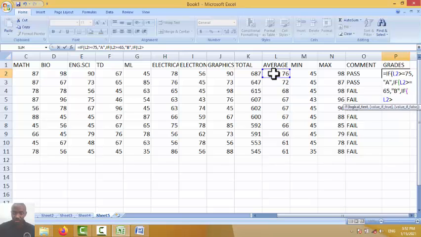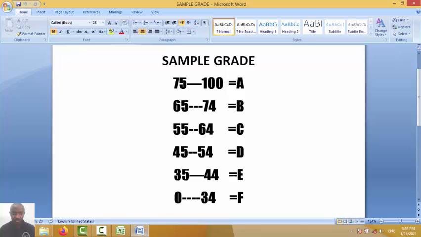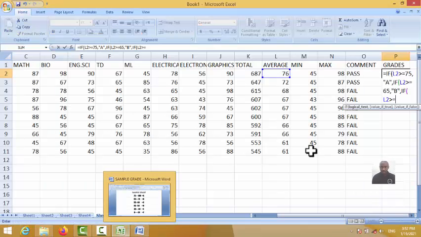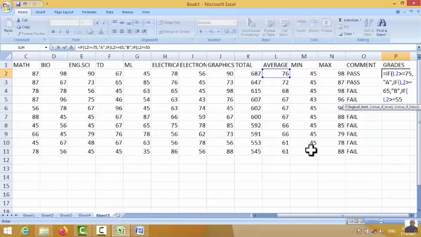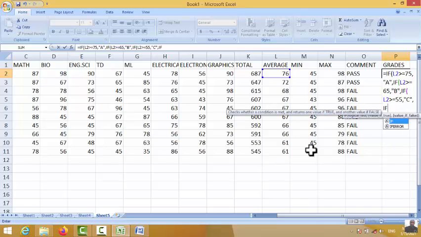Then this is followed by 55, comma, then double quotes, C, double quote, comma, IF, I go on up to the end,